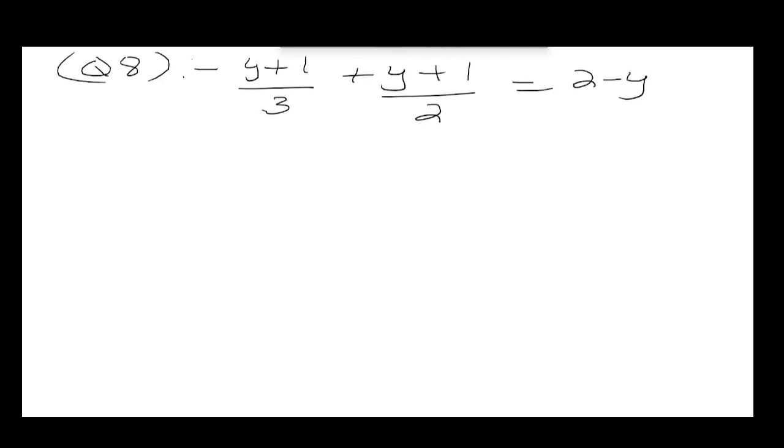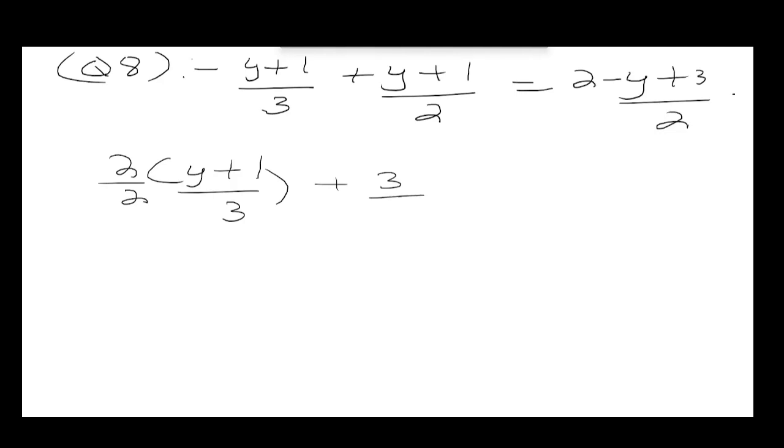Question number 8. In question number 8, we have (y plus 1) divided by 3 added with (y plus 1) divided by 2, that is equal to 2 minus (y plus 3) divided by 2. So the first term will be multiplied by 2 by 2, and I do not need to mention explicitly this multiplication sign because I'm going to add a bracket. So I can write (y plus 1) over 3, and then 3 by 3 bracket (y plus 1) over 2, and then 2 minus (y plus 3) over 2, we can just write that as it is,